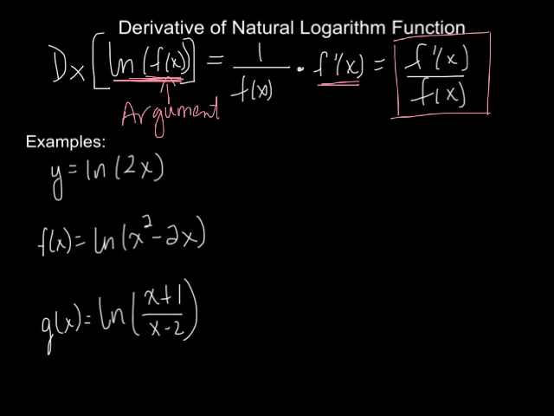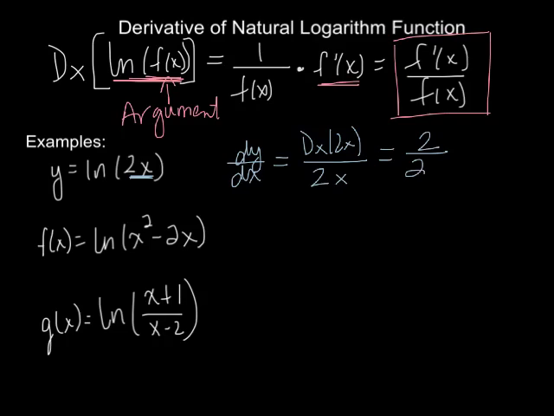So let's try it out. Okay, we have an example here. y equals the natural log of 2x. So the derivative would be, so remember, it turns out to be a fraction, a rational function here. We just rewrite the argument, so the inside, that 2x, and then we have the derivative of 2x in the numerator. So the derivative of 2x is 2 over 2x. 2 over 2 is 1. So we have 1 over x. We have an equivalent fraction, 1 over x. Okay.